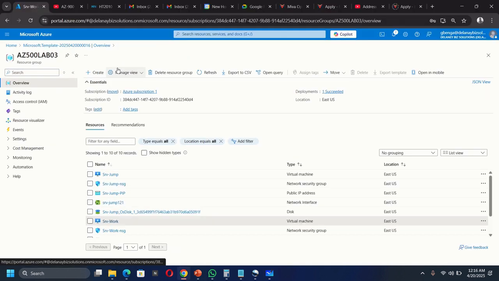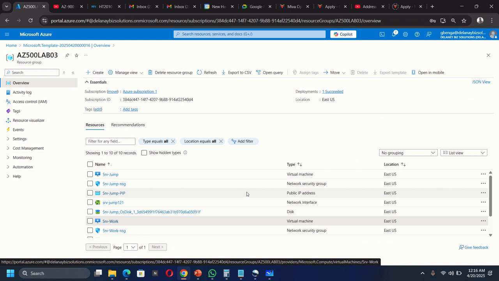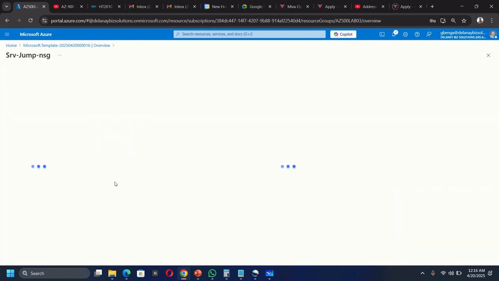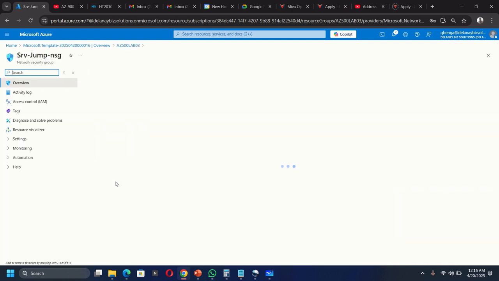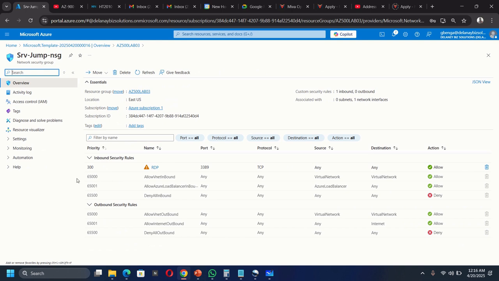So I'll go back to the AZ-500 Lab 03 resource group, and I'll click the SRV jump NSG. I want to look at the list of rules. Now for the inbound security rules,